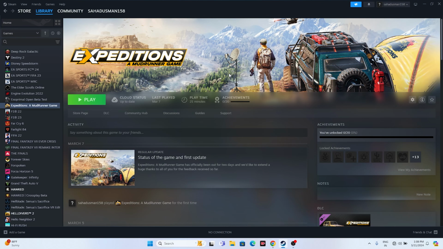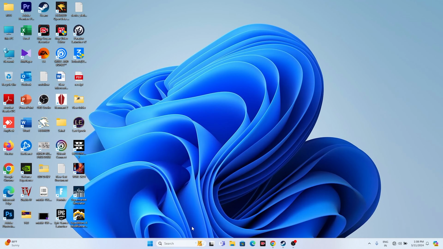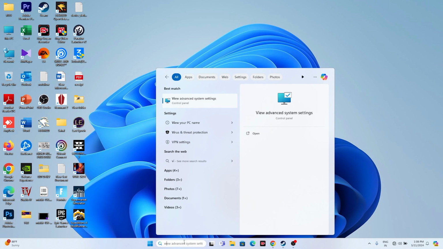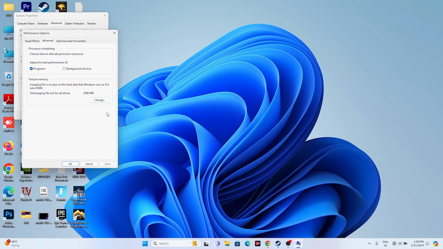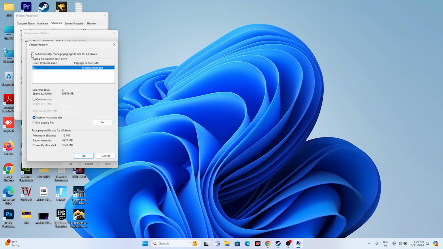Next one is all about increasing the virtual memory. So just go over here in the search for view advanced system settings. Click on the advanced system settings, go to advanced, go for settings, and go for advanced once again, go for change, make sure this is blank and you have to select the local disk where the game is installed, go for the custom size, that is initial size 1.5 times the total RAM and the maximum size 3